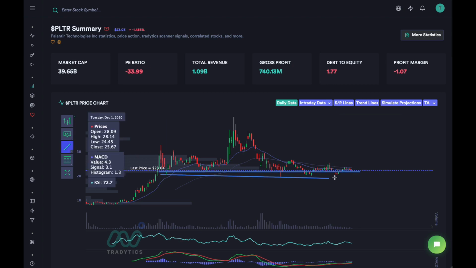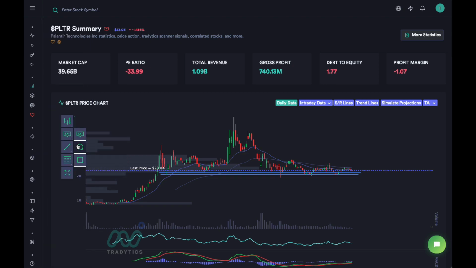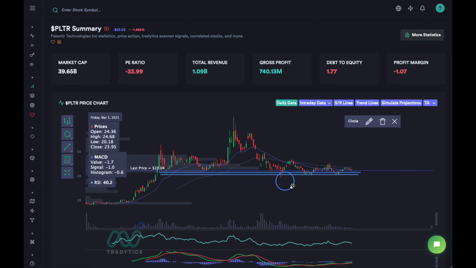You should always create a small region around these levels, because it's not just a single line where the price is always going to come down. It's usually a very small region. As we can see, this is a very small region. And now these 3 times, the price has come here, here, here, and here, and it has actually respected